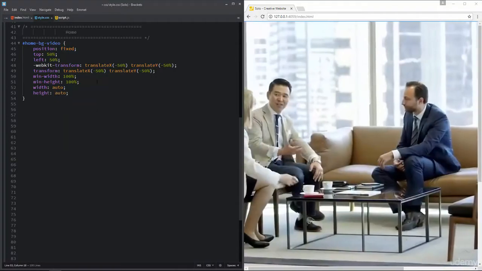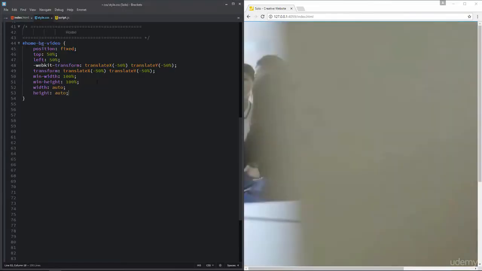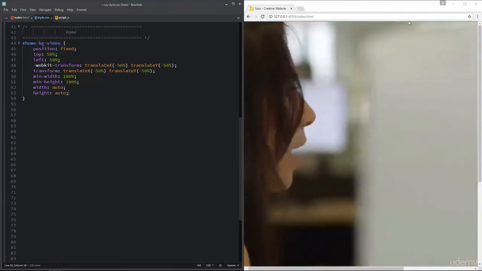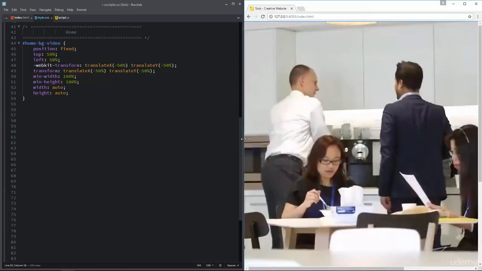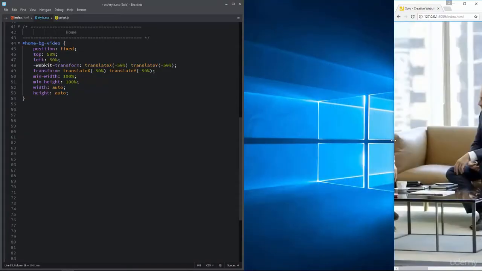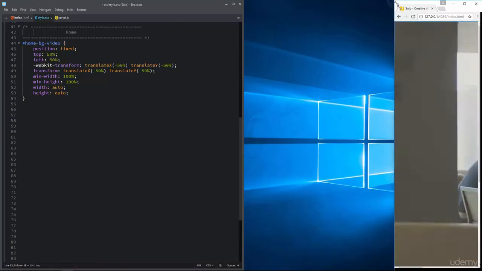This is just to make sure that things will be okay all the time, and it will keep its aspect ratio all the time. So now we have this nice video on the background of the Solo website, and it is also maintaining the aspect ratio.